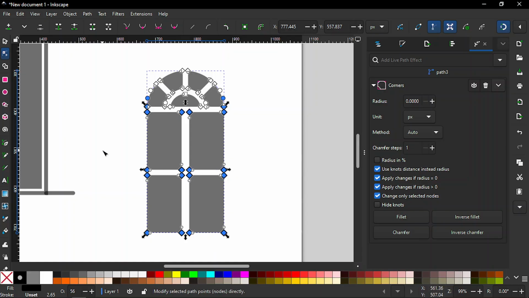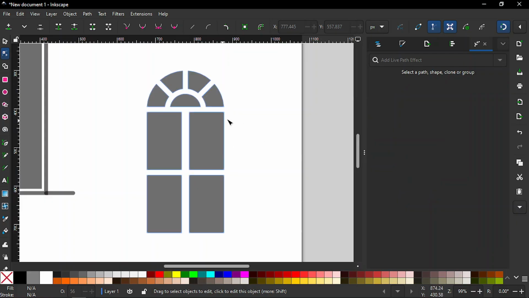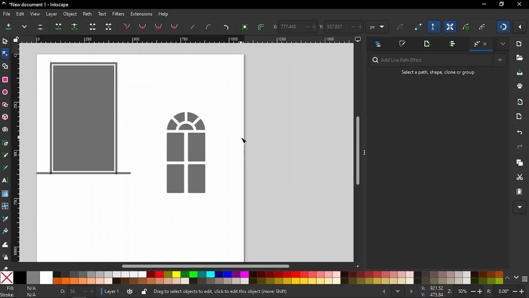All right, make sure all of them are selected, and what you will now do, we will make the radius 4 pixels by 4 pixels. So we'll hit 4 there and hit enter. Now if we click off, that's what we are talking about. All right, so zoom out a little bit, and let's go to selector tool,